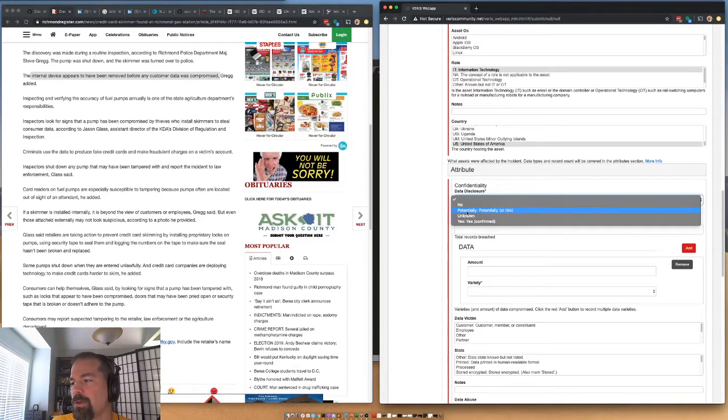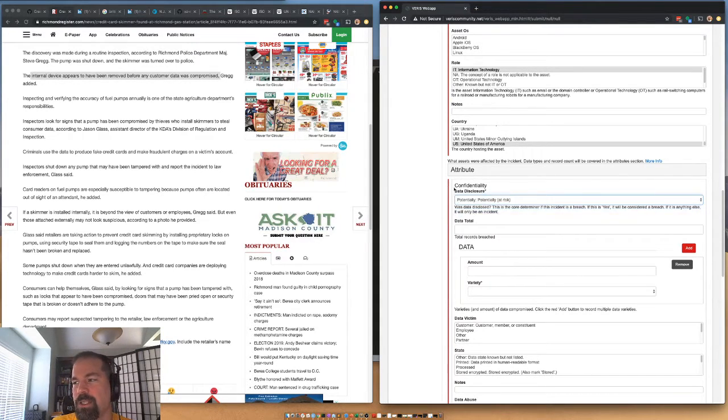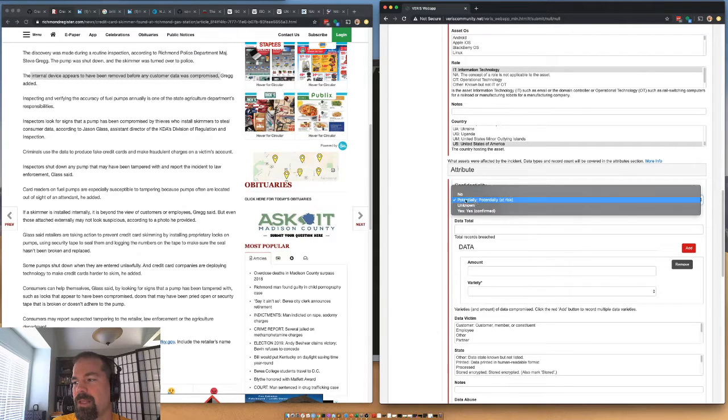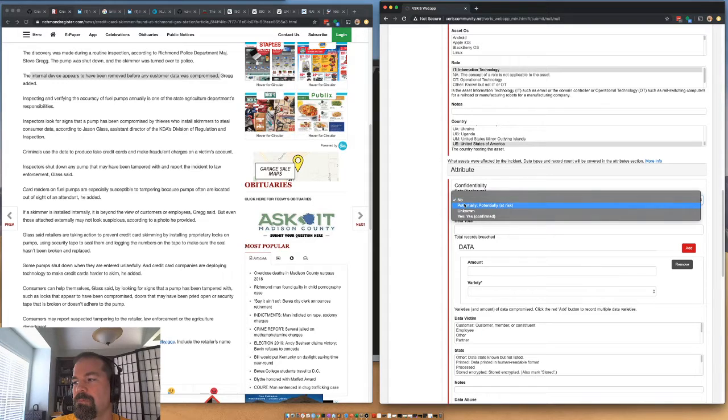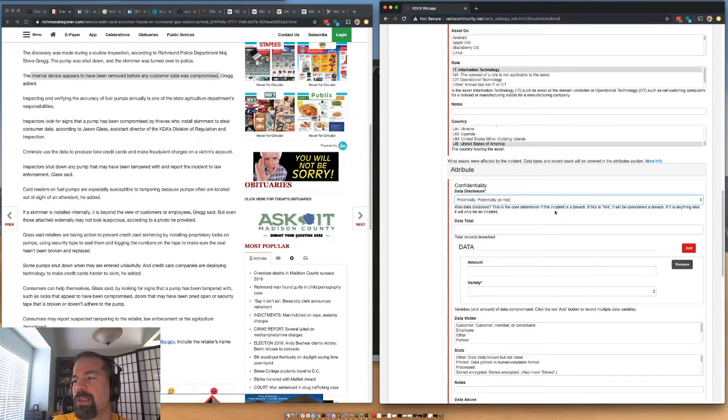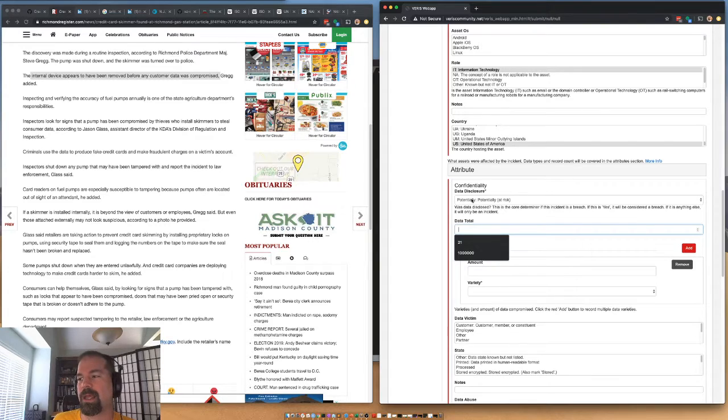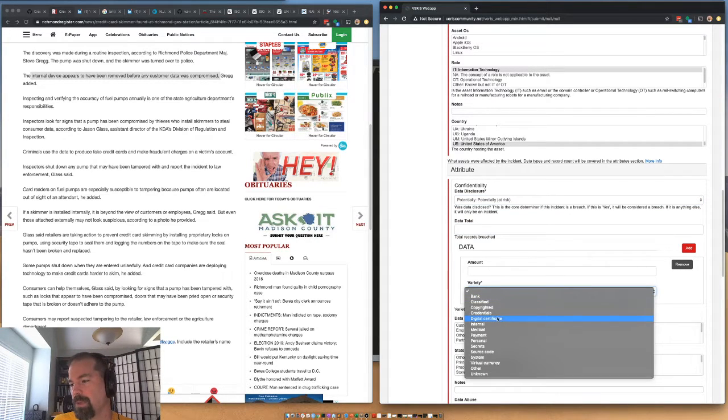So let's see, attribute confidentiality. Data was disclosed potentially, but it sounds like they say they caught it. Though, I mean, do they really know? I'd say potentially. It was on the attacker device, but it didn't get disclosed. And this will not count as a breach, because potentially it has to be data disclosed, yes, for us, like confirmed data disclosure for us to count as a breach for the DBIR.